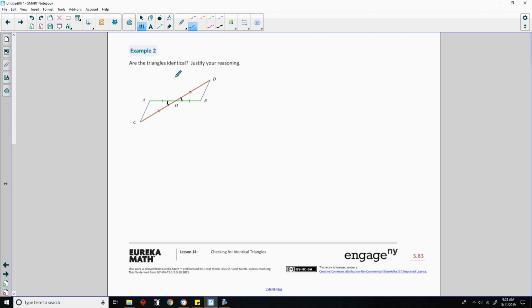So in labeling my givens, I know that side CO is congruent to DO, because of these two marks here and these two marks here. Side AO is congruent to side BO. Okay, so I'm going to label these over here. This is a side, this is a side. All right, and then angle AOC